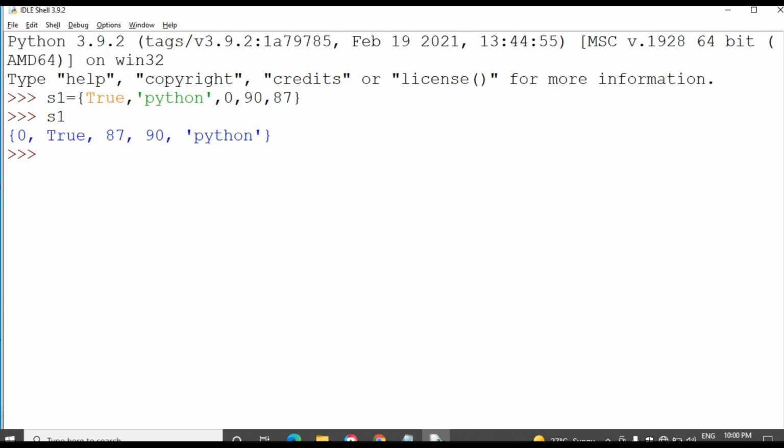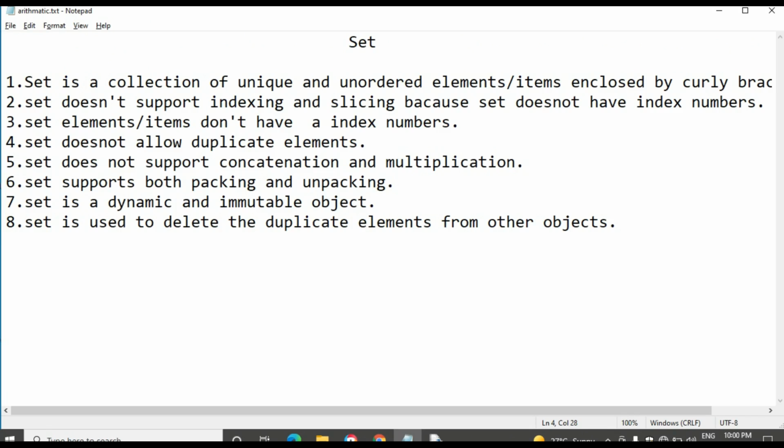So the set does not have index numbers, and for that reason it does not allow indexing and slicing operations. To perform indexing and slicing, we need to use the index number. So we can't perform indexing and slicing on the set. The set elements don't have index numbers, a point we have discussed already.